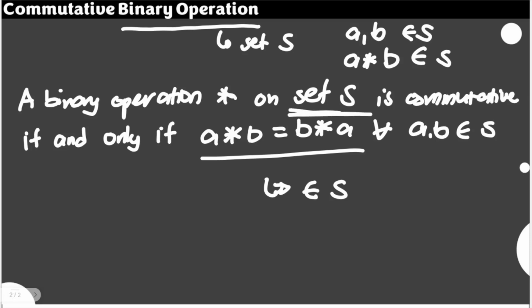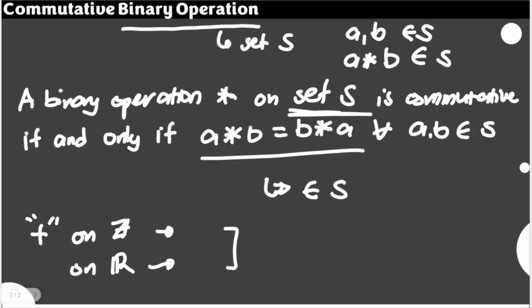Because we can say that the binary operation is related to a certain set before we can say it as a binary operation. One example here is, of course, the addition on the set of integers and even on the set of real numbers. If we add any two elements from the set of integers, definitely the result is also an element of integers. It's also true if we add two real numbers, the result is still a real number. And for this case, the addition is a binary operation, specifically a commutative binary operation on Z and R